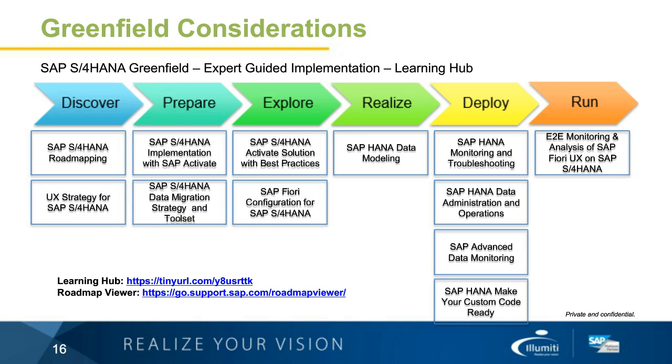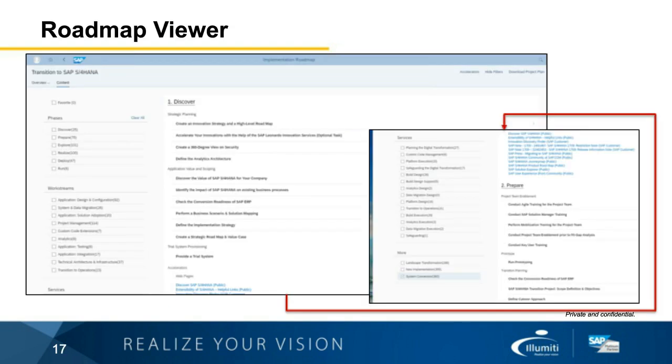SAP also has a roadmap viewer, and I've got a link in here, so when you download the PDF, you should be able to get to that link as well, which I've now highlighted on the next slide, which really helps you with any of the roadmap paths that you choose. So whether you choose to go greenfield, brownfield, or through the colorful implementation path, you can actually choose that on the roadmap viewer. So I've highlighted here, you can look at what phase you want to focus on through the Activate methodology, and then you can also choose what path you're going,